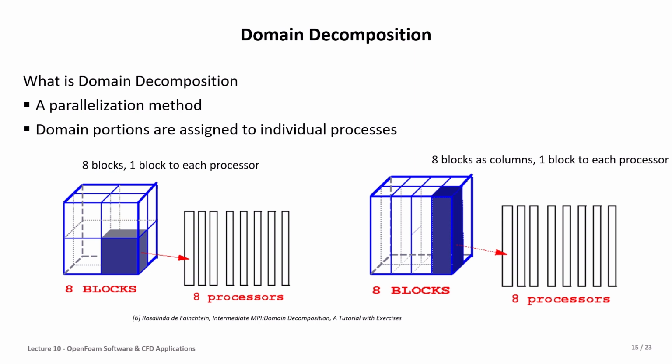This is important in how we select these blocks because it depends on the boundary condition. Sometimes it's required to make a block, or sometimes you need to get columns. So this information is based on the problem, and it also affects